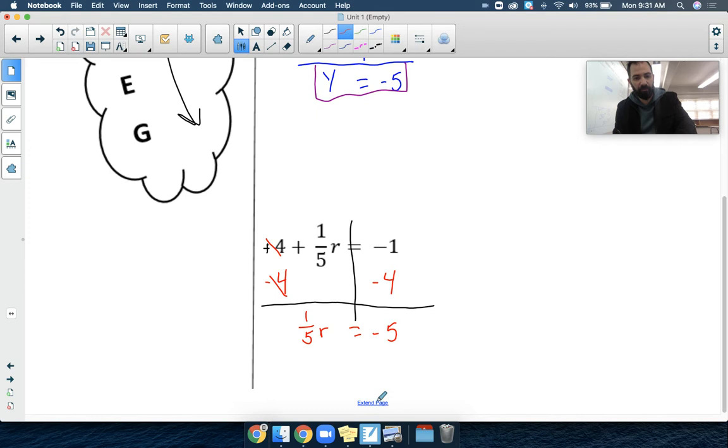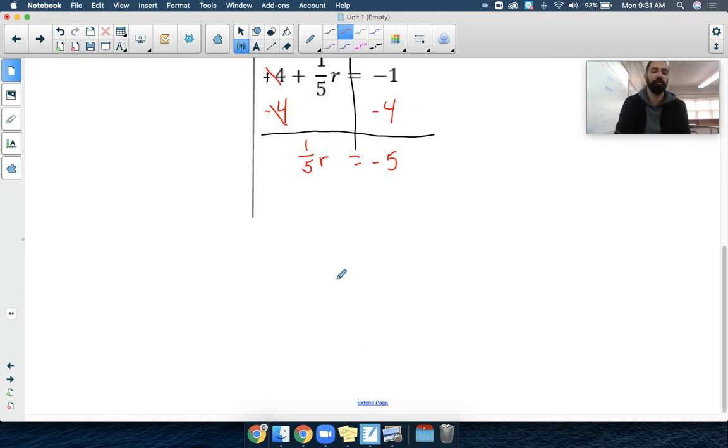Okay. Well, we are multiplying 1/5 times r, so we can do the opposite. What's the opposite of multiplication? We want to divide. I'm going to write it like this. Okay, we're dividing 1/5 divided by 1/5, and over here we're going to divide by 1/5. Well, when we divide 1/5 by 1/5, those cancel out. So we're just left with r equals, let's continue this down,